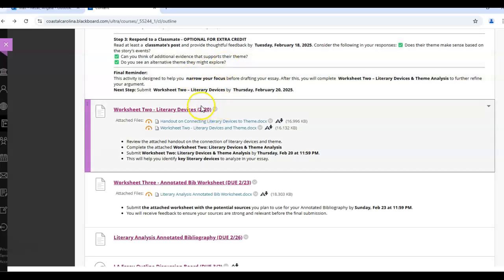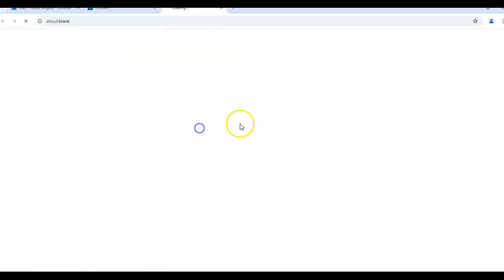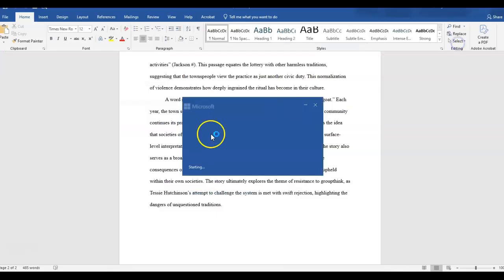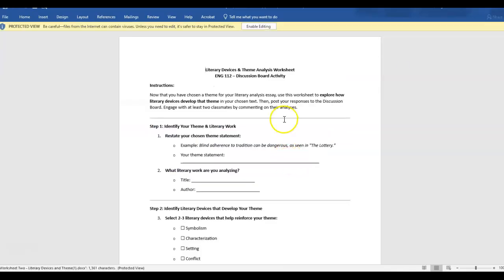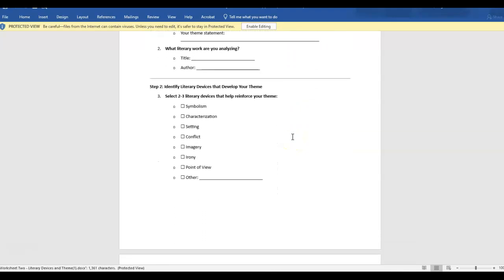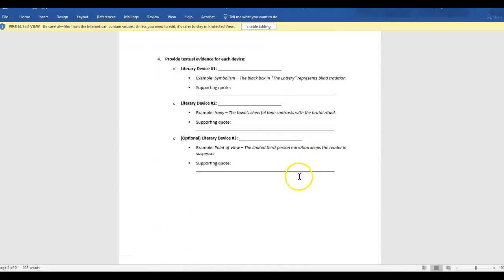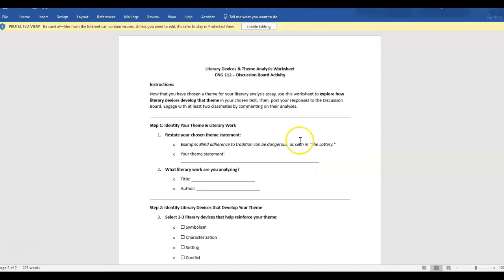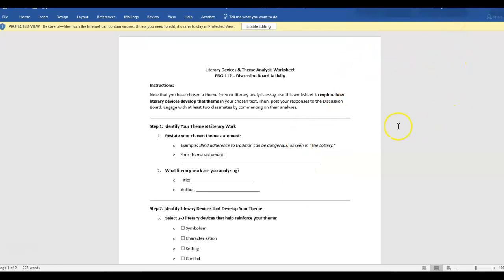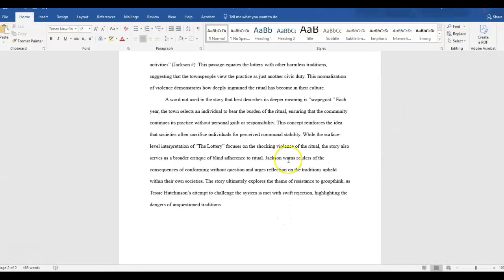Then once you've done that, you're going to do worksheet 2 on literary devices and theme. It will walk you through your devices, what you want to use, okay? How do you want to show that theme is being revealed, okay?